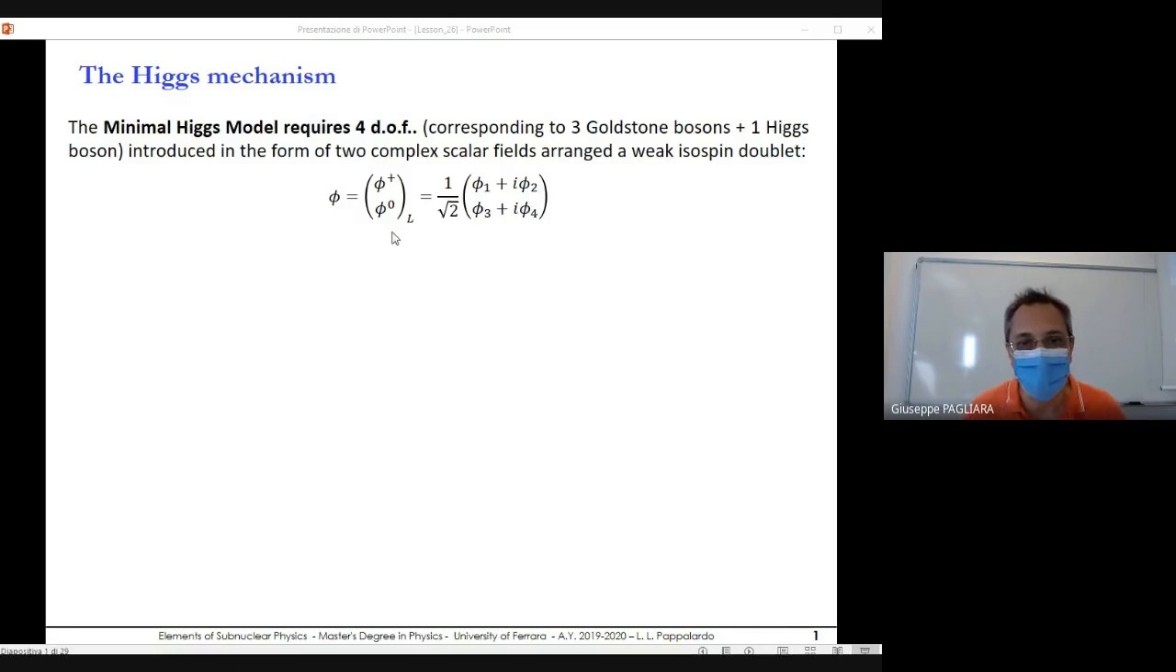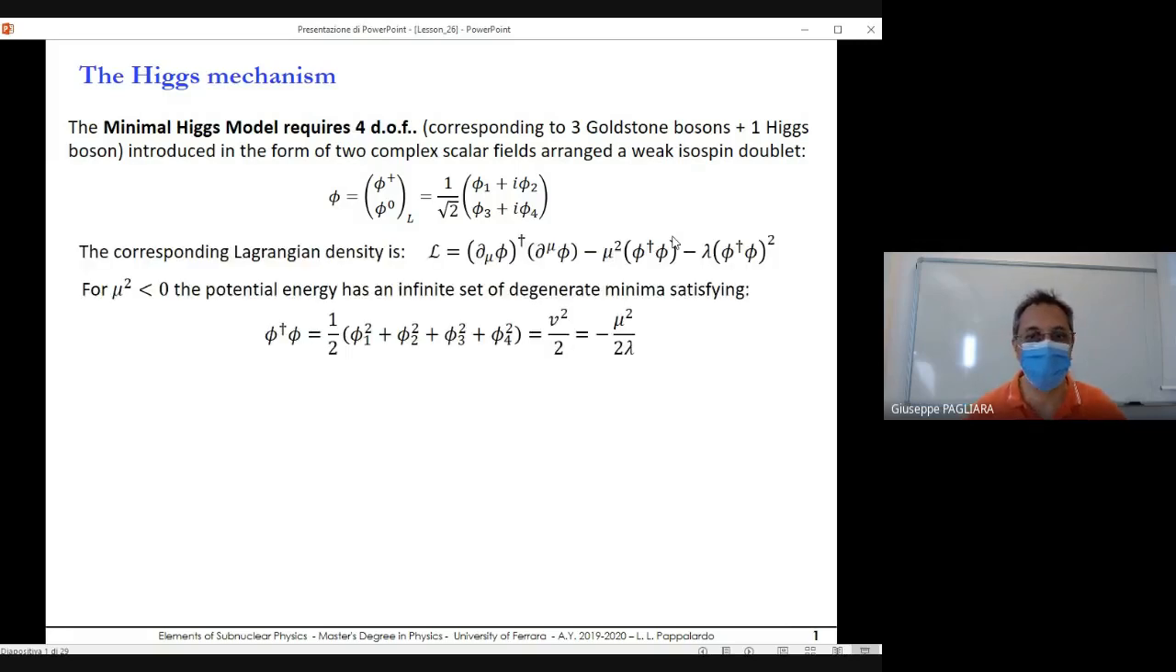So, in this minimal Higgs model, these 4 degrees of freedom are arranged in a weak isospin doublet, okay, where 2 complex scalar fields are put here. So, differing by 1 unit of electric charge. The phi plus on the upper part, which is phi1 plus i phi2, and the phi 0, which is the neutral part, given by phi3 plus i phi4. Now, this is the Lagrangian, okay, as we saw yesterday. So we have a kinetic term for the field, and then we have a potential energy term, which is given in terms of the field and its